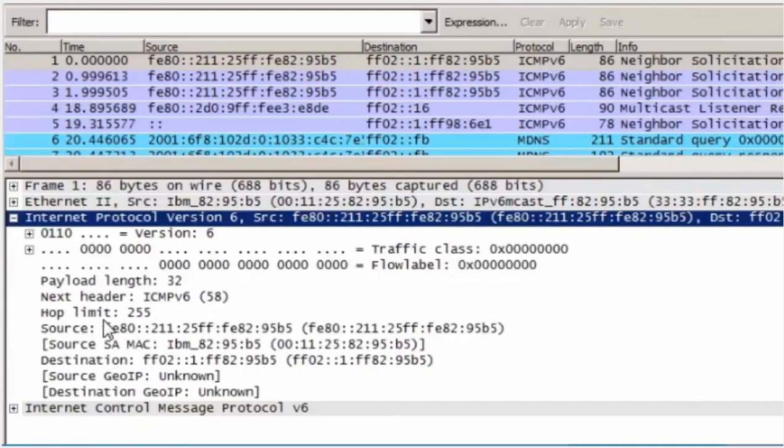The hop limit, 255 hops. This is similar to the TTL field. And then the source, link local address, and the destination multicast IPv6 address. At the bottom, below the IPv6 information, we can see that there's an expandable area specific to the Internet Control Message Protocol version